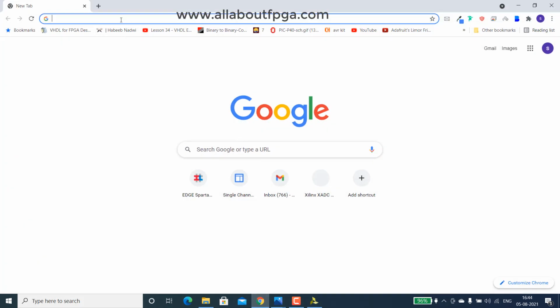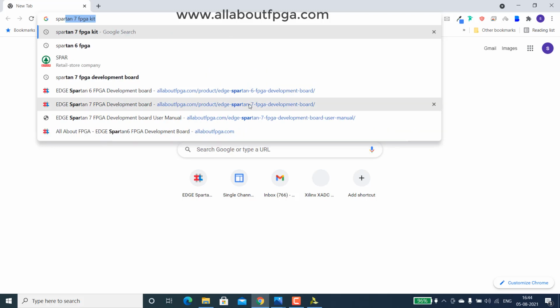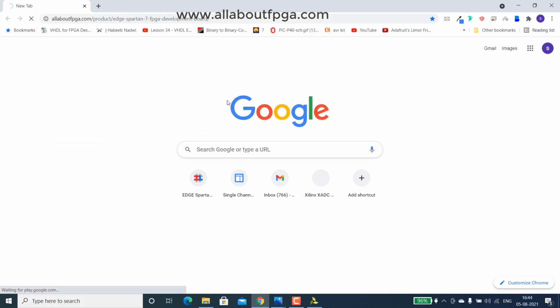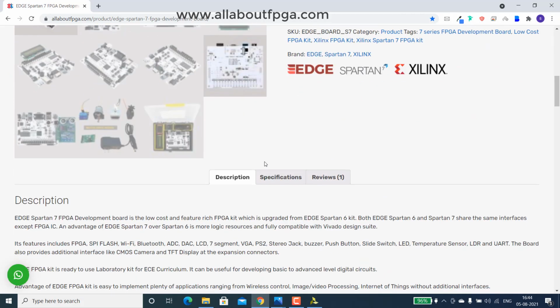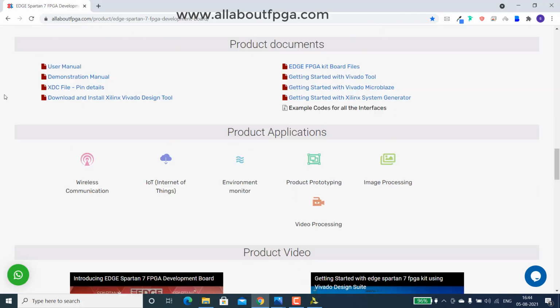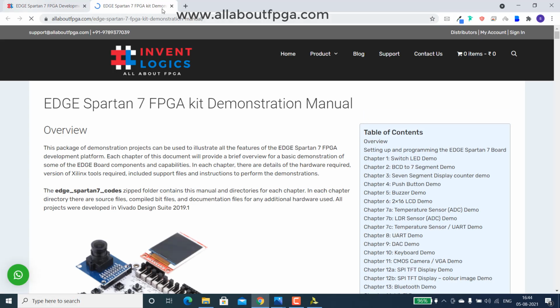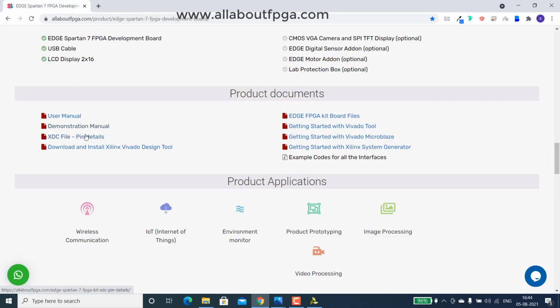Go to the website, Pattern 7, and go to that XDC file.